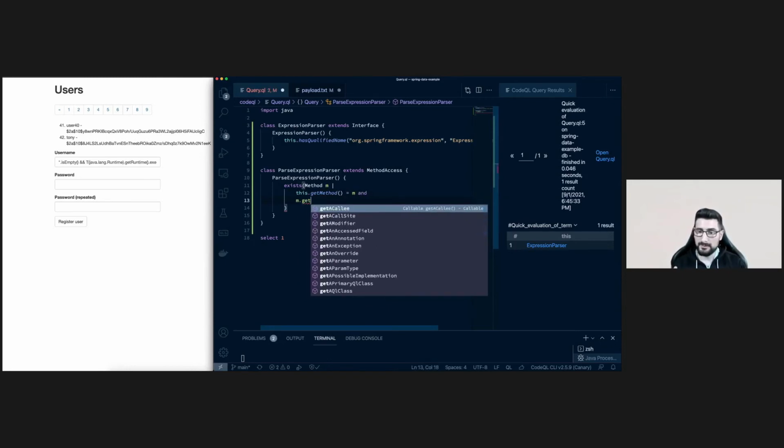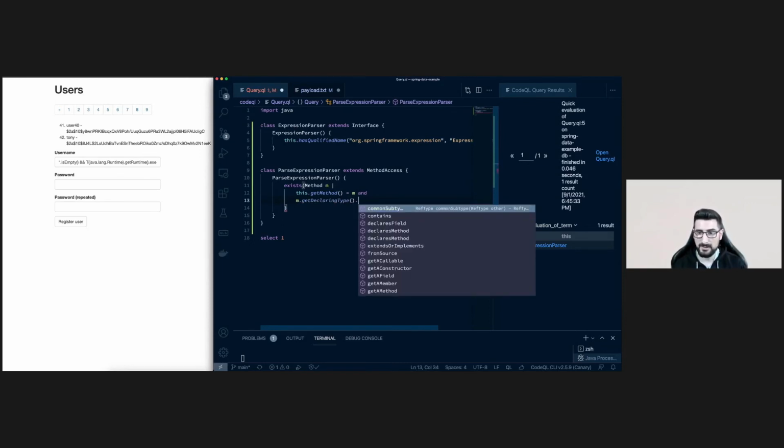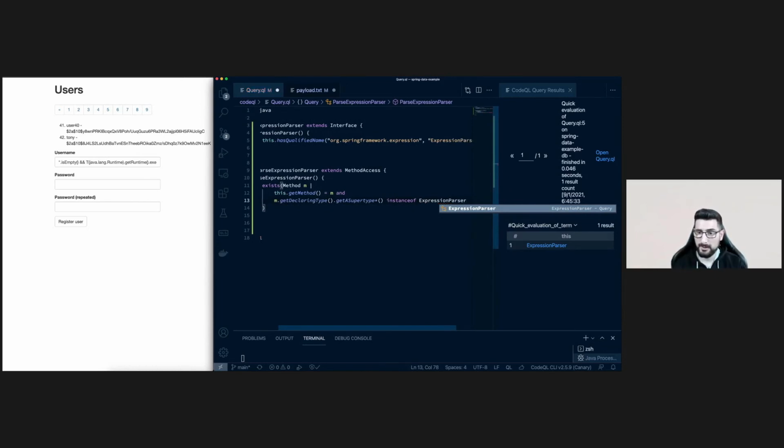So of course, we want this method to be declared in the type we defined above, the expression parser. And since it's an interface, let's use a trick of CodeQL, which allows us to find the supertype of this type. Now, we don't know how many types are in the hierarchy between the type we are interested in, the actual implementation of the expression parser, and the interface itself. So let's use recursion, which is this symbol here, and we'll traverse upwards the whole hierarchy of objects until it finds the interface. And then let's say that the expression parser we defined above needs to be there in that